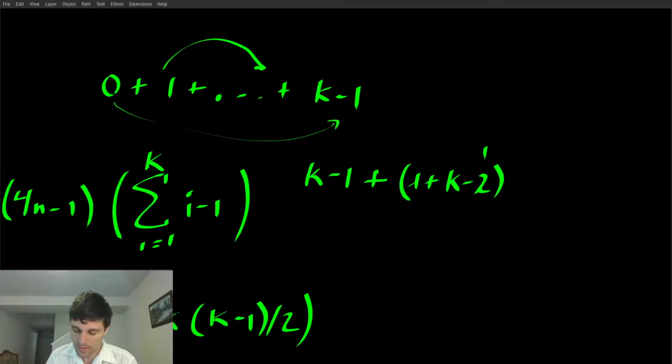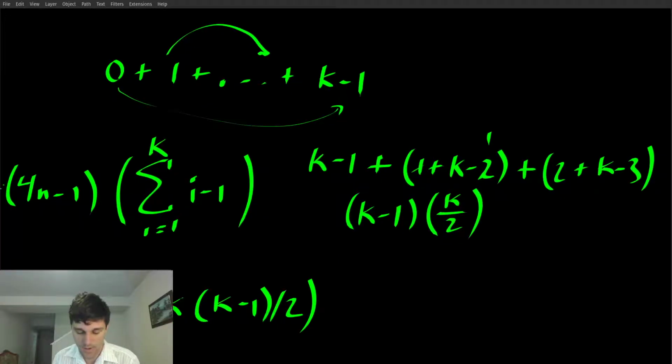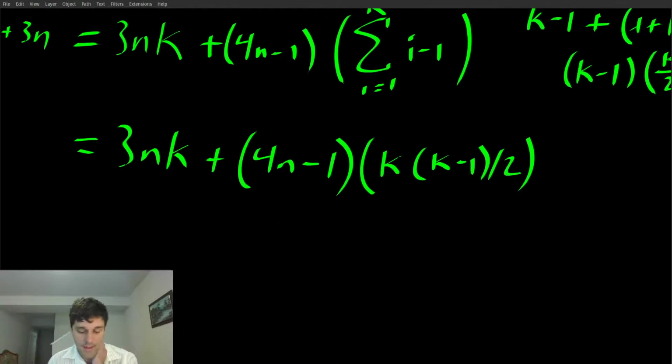And then I'm going to get 2 plus k minus 3, right, which is also k minus 1. And the number of pairs is going to be the total number of terms, that's k, divided by 2. So I end up with k minus 1, and then I'm going to have k over 2 of those. And there's a nice story in the book that Gauss derived this as a school child to avoid doing tedious arithmetic. Don't know if it's true or not, but it's a nice story. But anyway, okay, so now,